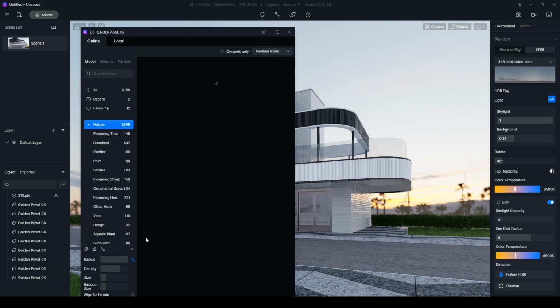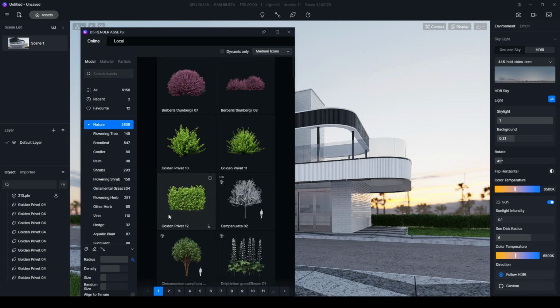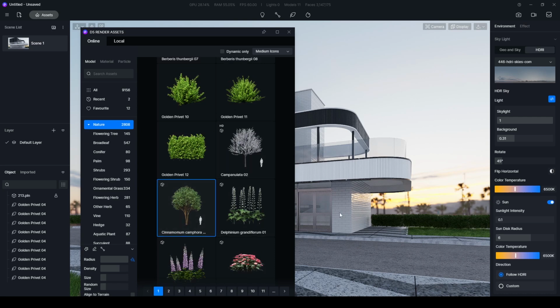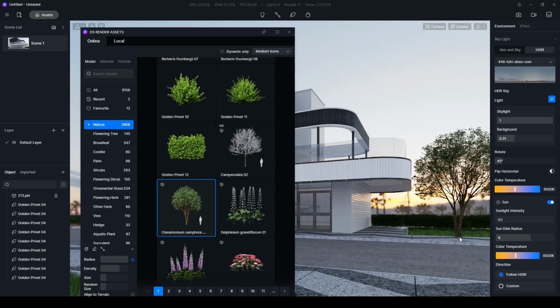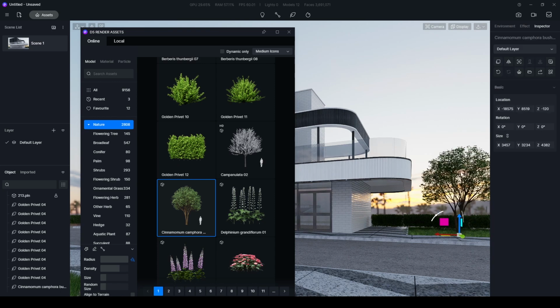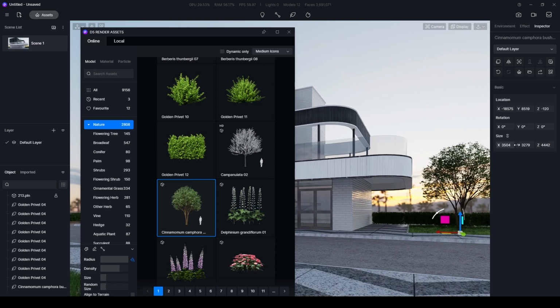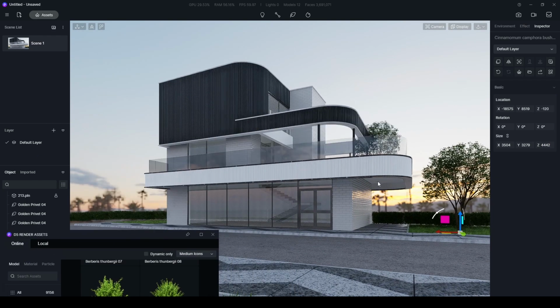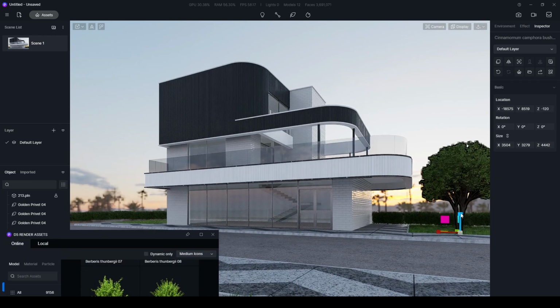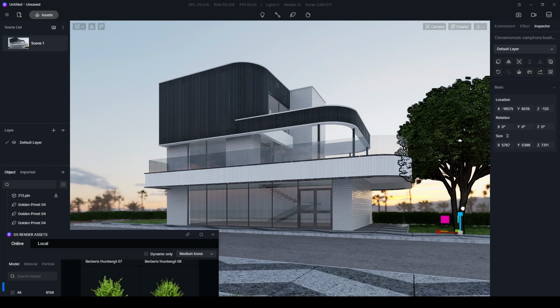Let's click Nature. This one is very elegant. I'm gonna use this. Let's change the size. In order to use this slider, I'm going to hit the V and use this pivot to make it larger.